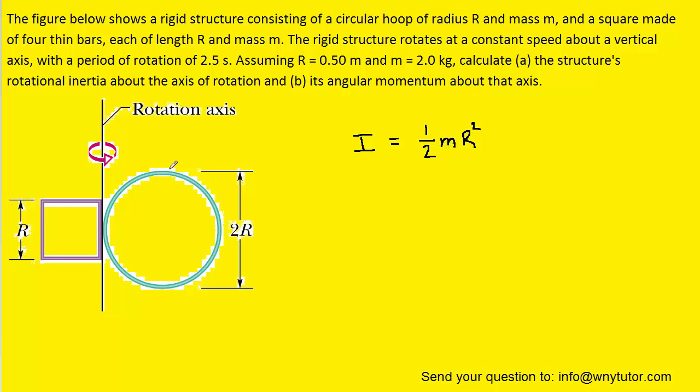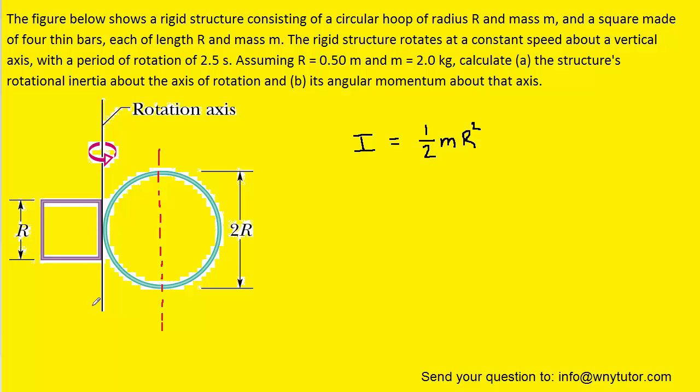However, that is true only if the hoop is rotating about an axis that passes through the center of the hoop in this fashion. We can see in this case that the hoop is not rotating about this axis. It's actually rotating about this line right here, or this axis. They have the direction of rotation shown by this arrow. The good news is that the ordinary rotation axis is parallel to this rotation axis, so we can use the